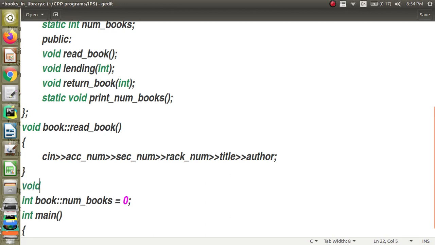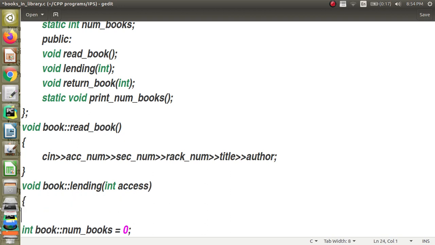So, let me write the function. void is the return type of the function, book, right, and then we are going to have lending, and then int access number is going to come as an input argument, right. So in lending what we are going to do, lending is basically going to give the book to someone. So we have to perform a search operation, right, and when you look at this lending, I think better I can have a search as a separate thing, right, but I have to search in the array of books, right. So what we can do is,